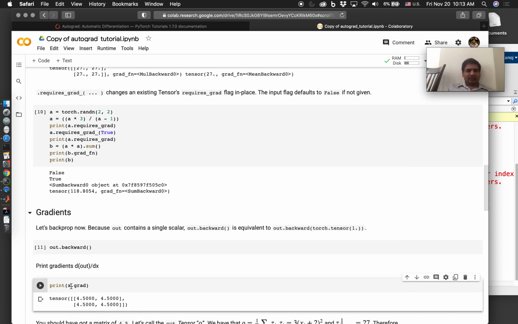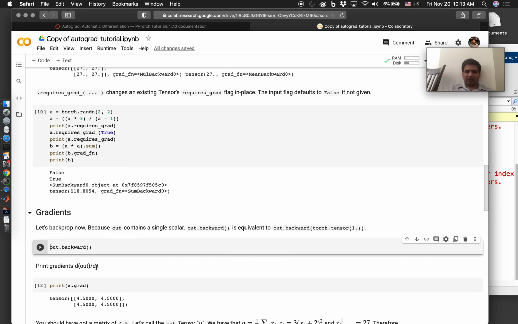Let's run this. Okay, so this is x dot grad. What does this mean? What does x dot grad mean? X dot grad actually means the derivative of the output variable, because what we did was out dot backward. This variable out, the derivative of this variable out with respect to x. This is a scalar, out is a scalar, it's a single number, and we are differentiating that single number with respect to a 2 by 2 matrix, and the derivatives with respect to that 2 by 2 matrix are represented as a 2 by 2 matrix, a tensor as well, and these are the 4 derivatives. It so happens that they're all equal. Doesn't matter,